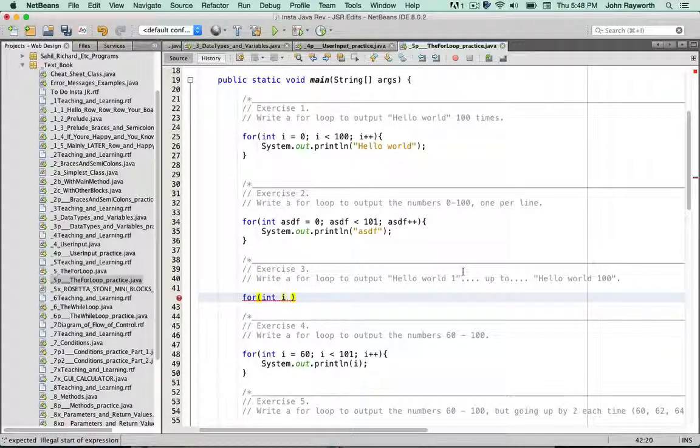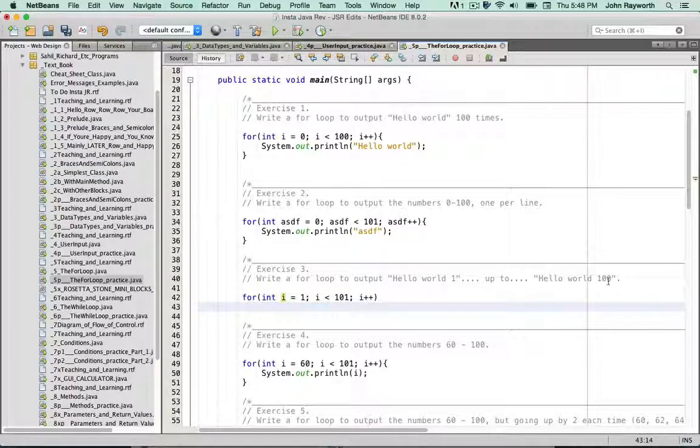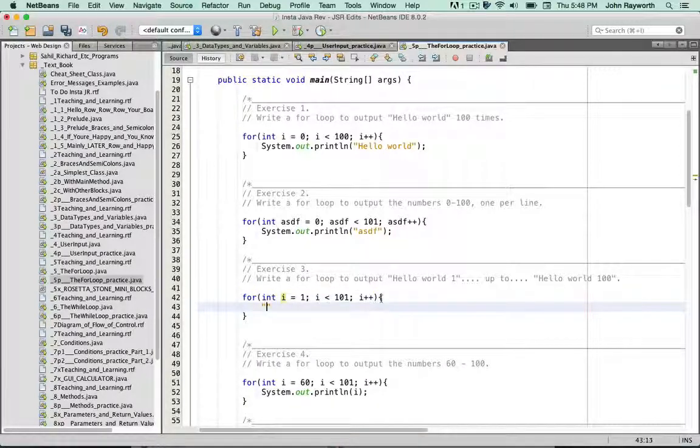First one we want is 1, so let's do int i = 1 to begin with. i is less than 101. i++. And what this is asking is to output hello world, with a space, and then it'll be the variable plus,